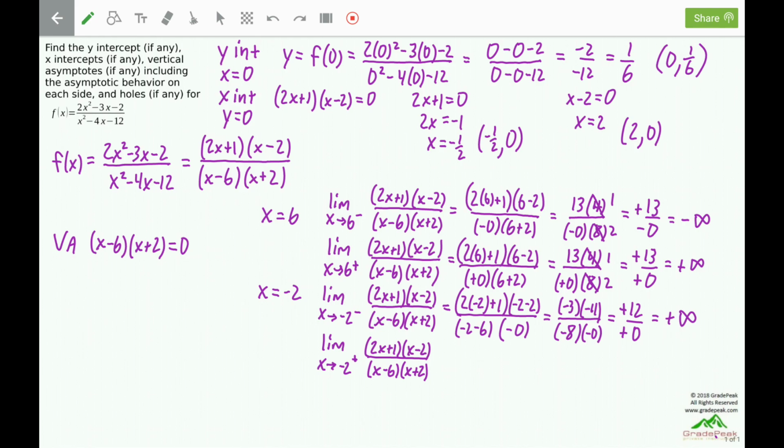Can analyze the right side limit in a similar fashion, but it's the right side of negative 2, which is less negative than negative 2. Like negative 1.99, if plugged into the factor that's making 0 in the denominator, negative 1.99 plus 2 will be a positive number, though it will approach 0, so we can replace x plus 2 with a positive 0. And then the negative 2 can be plugged in for all remaining x's, giving 2 times negative 2 plus 1 times negative 2 minus 2